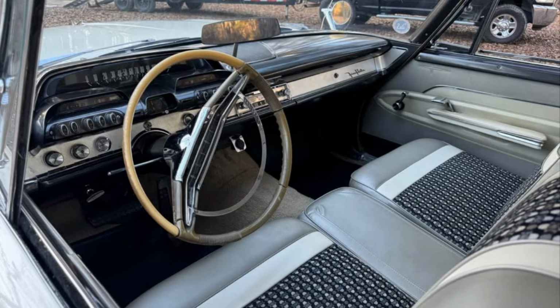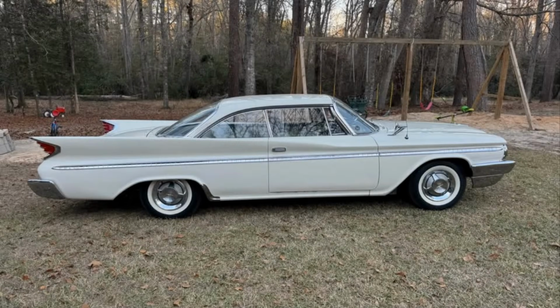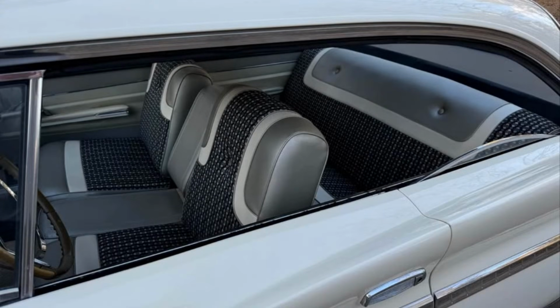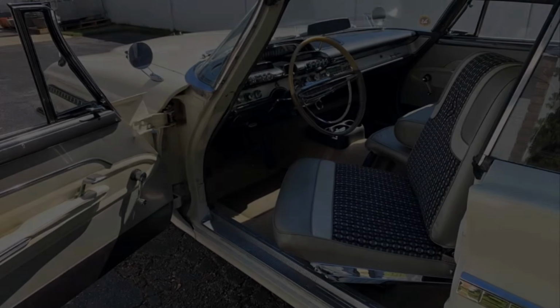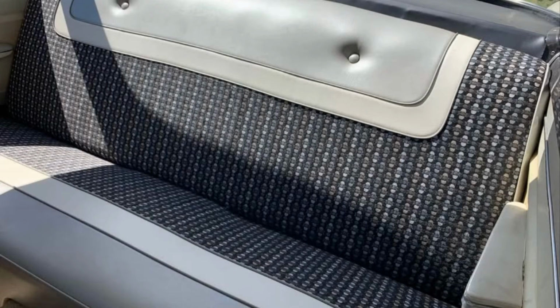The 440 provides smooth, authoritative acceleration that suits the size and character of the car perfectly, transforming it into a confident highway cruiser while retaining the refined feel expected of a premium full-size American automobile. This power plant elevates the driving experience well beyond stock while remaining true to the spirit of Chrysler big block performance. The seller emphasizes that the car drives and looks absolutely beautiful, both inside and out, indicating a high level